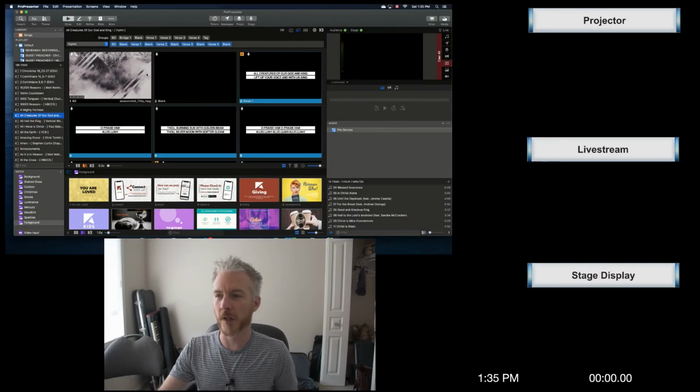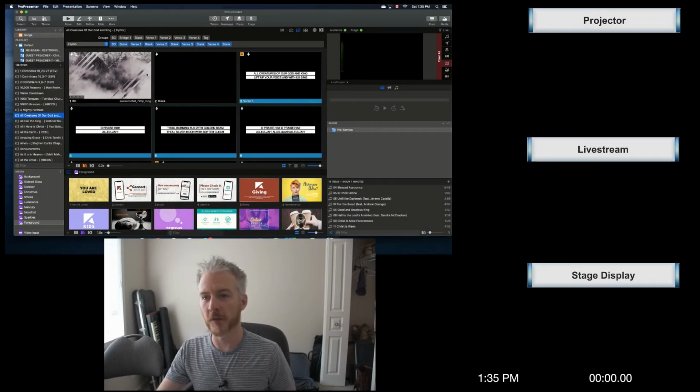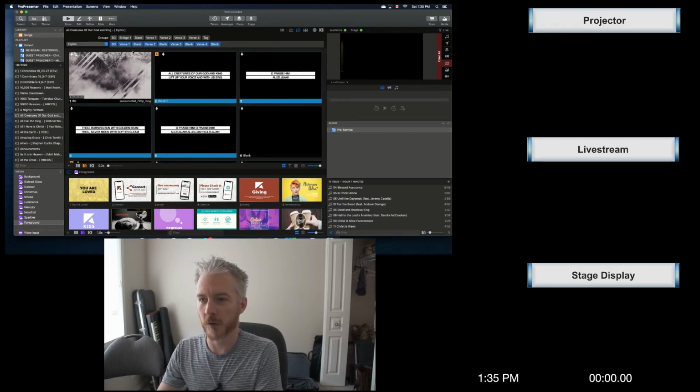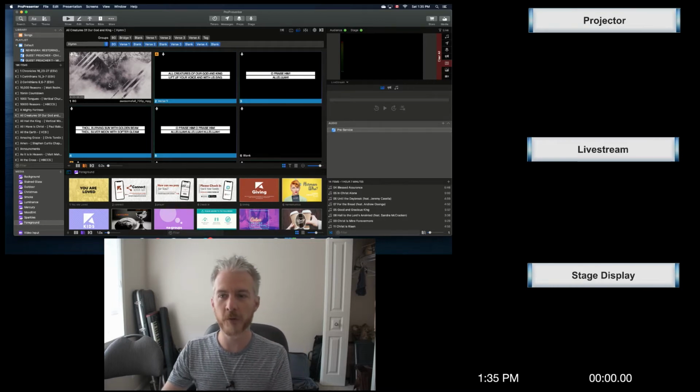So here's one that we had set up for the theater, for example, back in the day. We're going to make sure we have the correct arrangements selected. We want to make sure that we do have that background to start and that everything looks the way it should be. So it should be a background to start, then usually pieces of the song with some blanks in there. To get everything back to normal, first thing we're going to do is